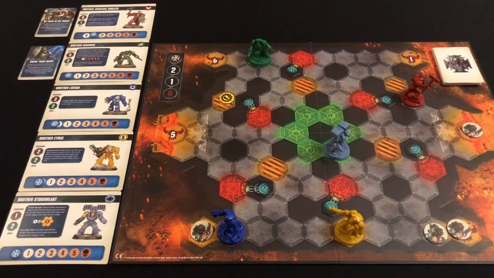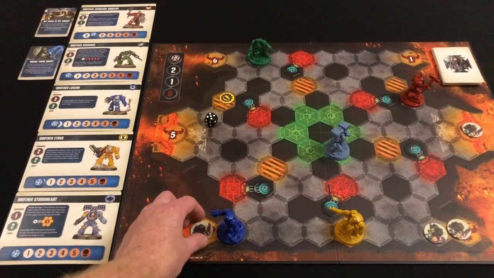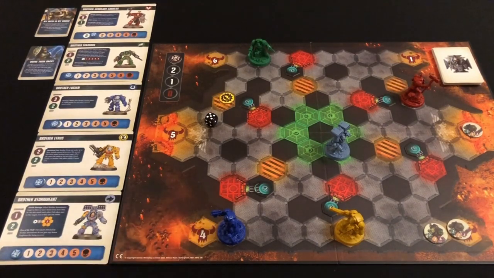Our Ultramarine is in a fight to the death with an Orc boy, so we're going to go straight to attacking there. That's a 5, and that's a kill. He's got movement points, but there's not really a lot of point in using them. It's the end of the game. If there was going to be a few more rounds of the game, I probably would